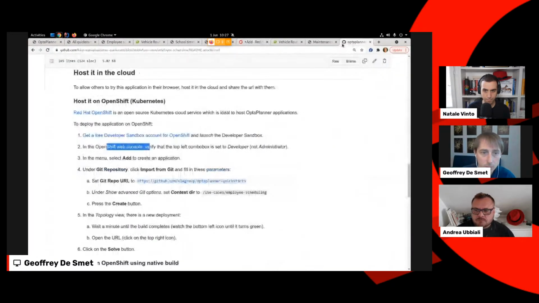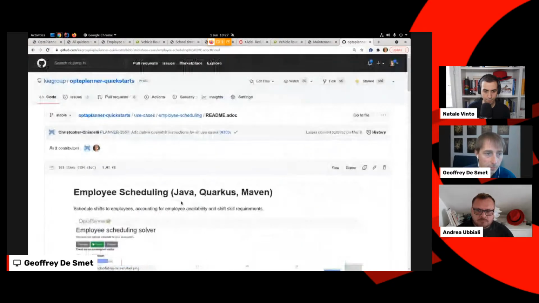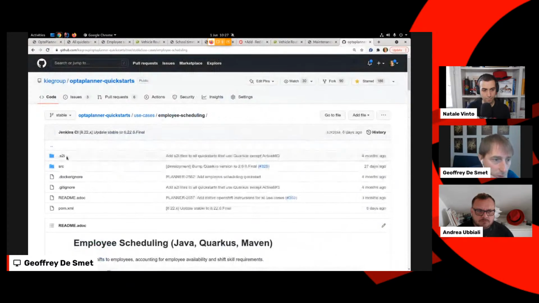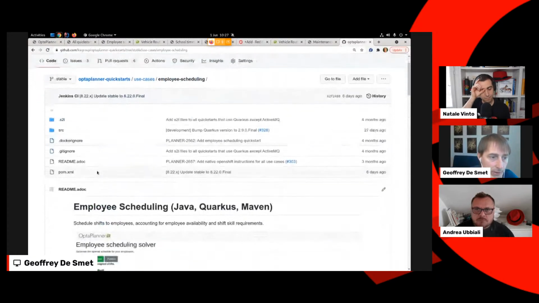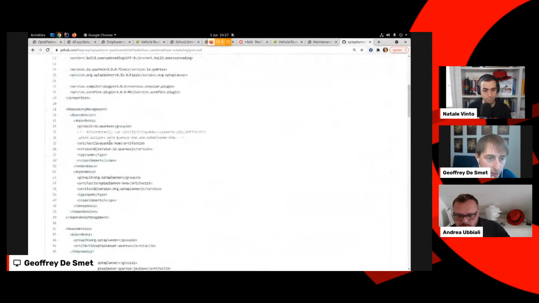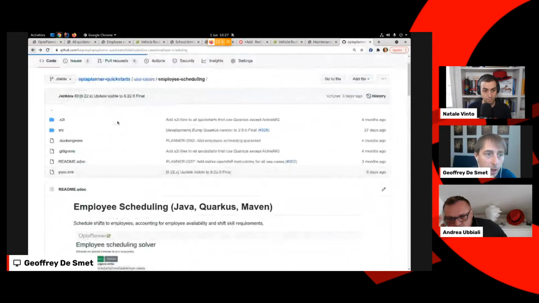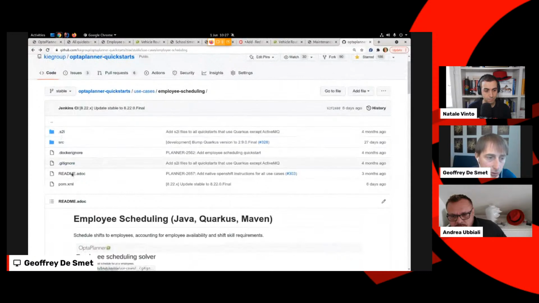Why does that work? Because if you look into the source code of employee scheduling, you will see there's an S2I directory. And this entire thing is built with Quarkus. If you look into the POM, you'll see that we import Quarkus and it takes the sources and builds that application. It's not that many files.